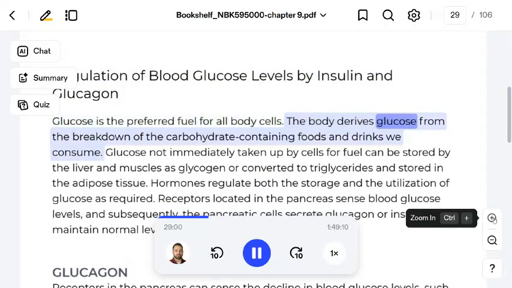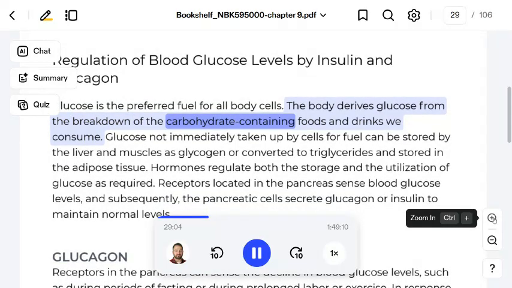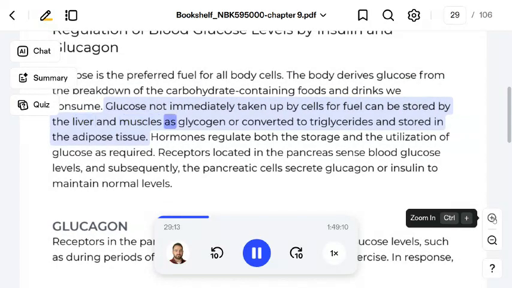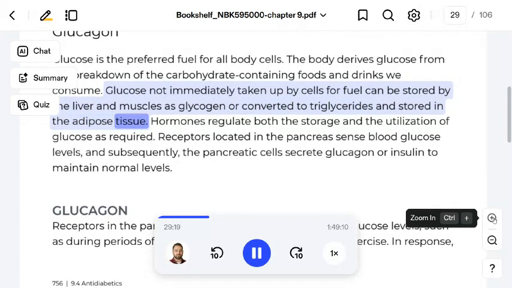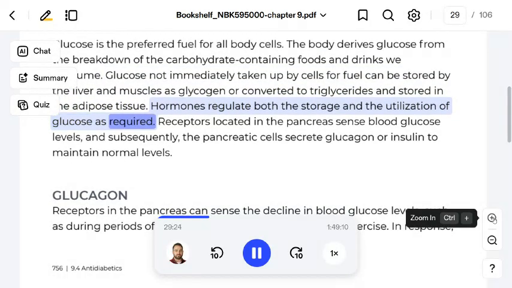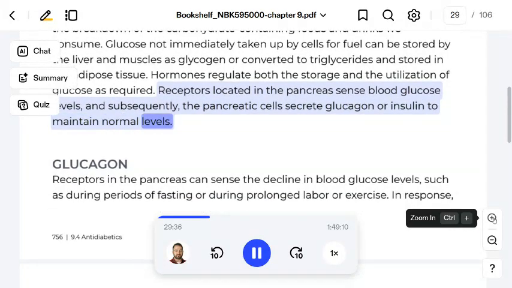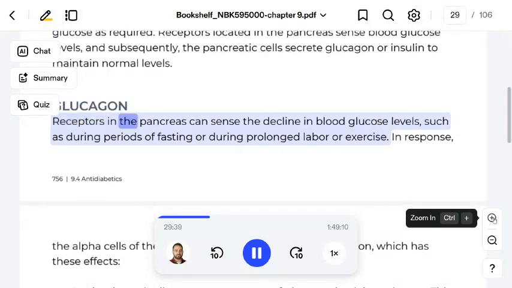The body derives glucose from the breakdown of the carbohydrate-containing foods and drinks we consume. Glucose not immediately taken up by cells for fuel can be stored by the liver and muscles as glycogen, or converted to triglycerides and stored in the adipose tissue. Hormones regulate both the storage and the utilization of glucose as required. Receptors located in the pancreas sense blood glucose levels, and subsequently the pancreatic cells secrete glucagon or insulin to maintain normal levels. Glucagon. Receptors in the pancreas can sense the decline in blood glucose levels,